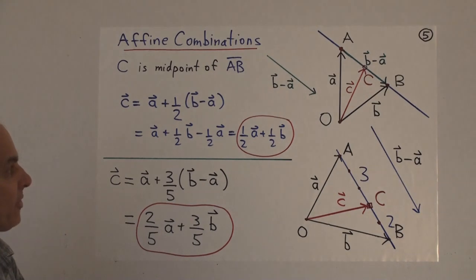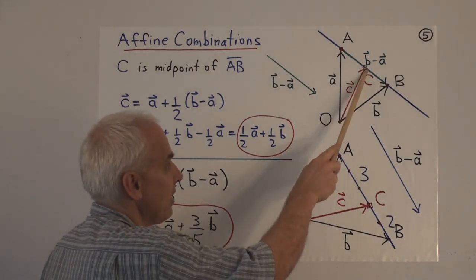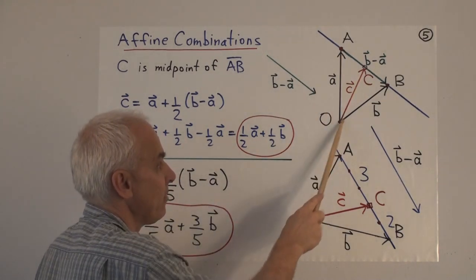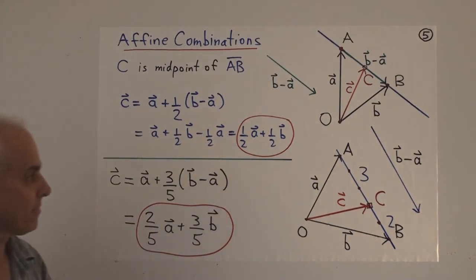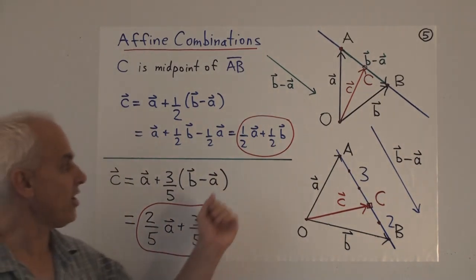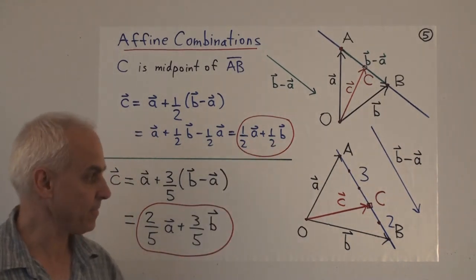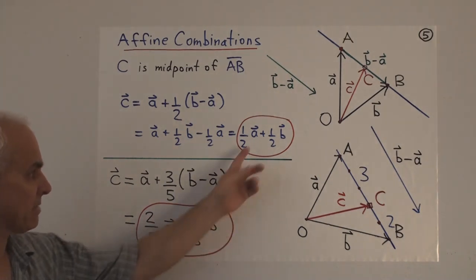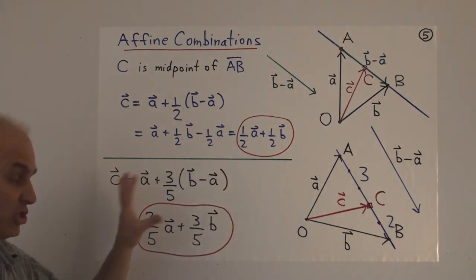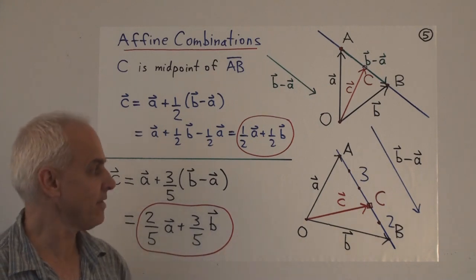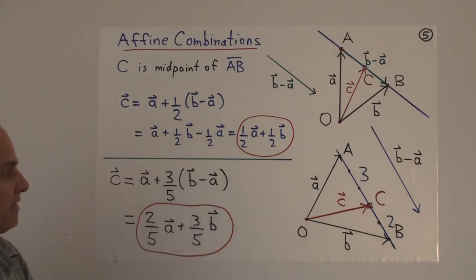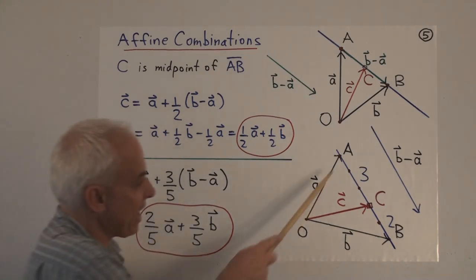So that's our answer, that the vector c is 1/2 of a plus 1/2 of b. We could sometimes say it's the average of a and b. That's an important formula, and here's a generalization of that to a somewhat different situation,